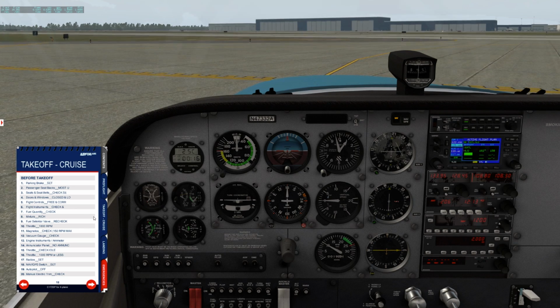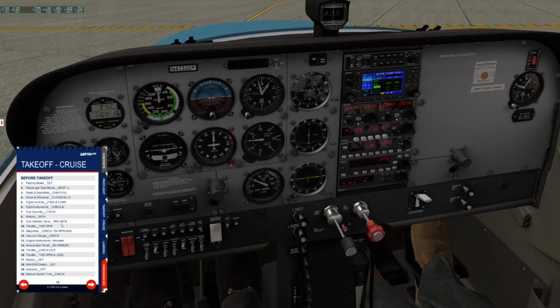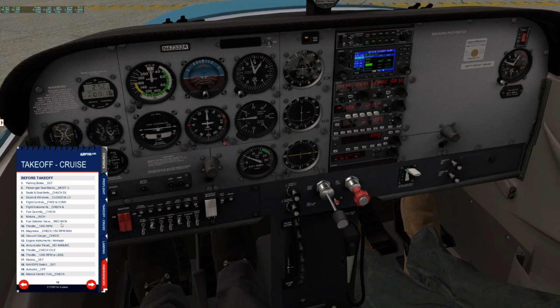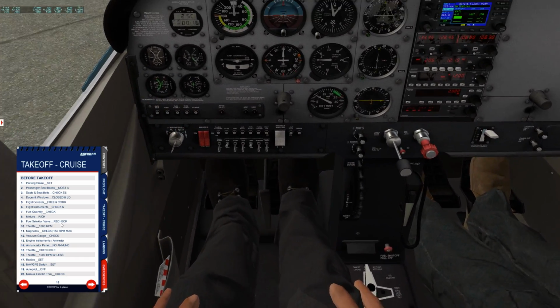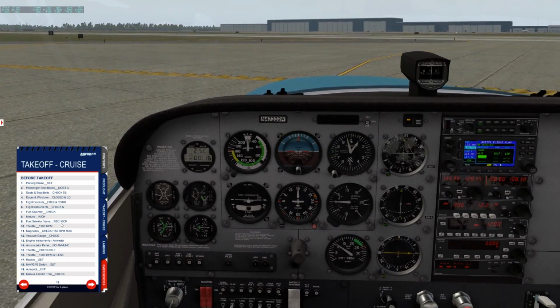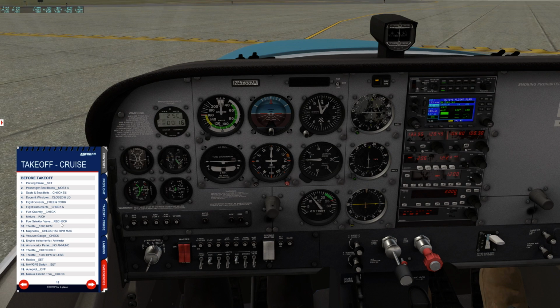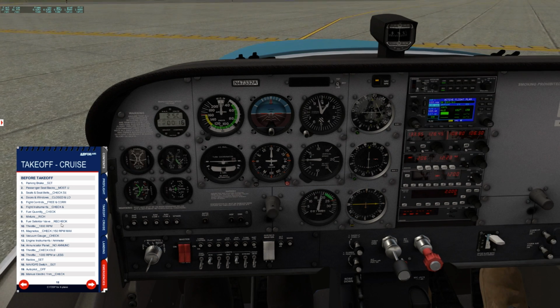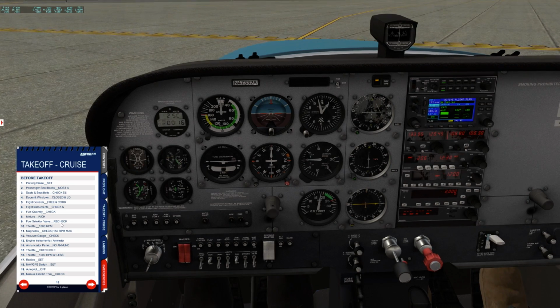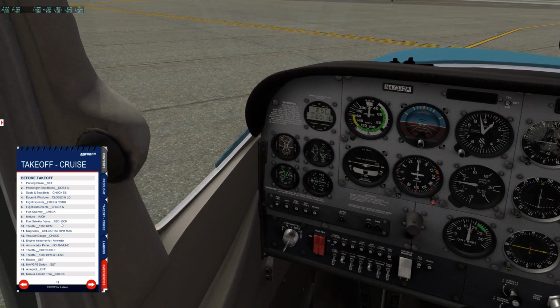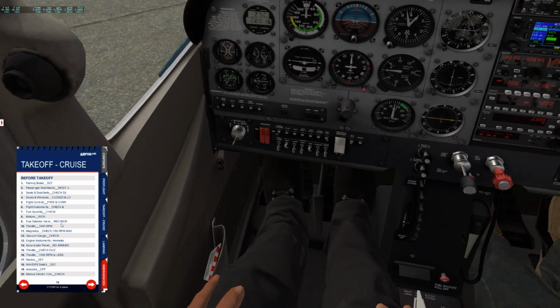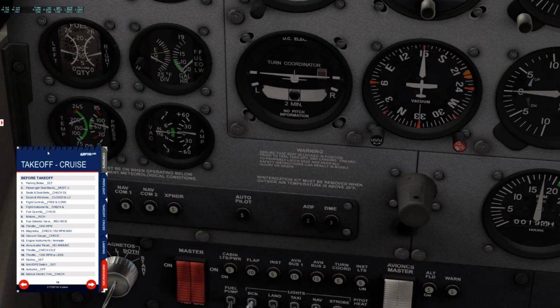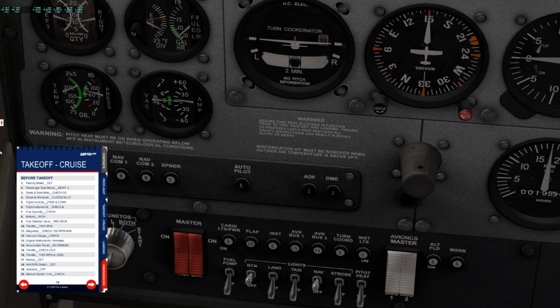Okay, and now what we're going to do is check the mixture full rich. Mixture full rich. Fuel selector valve both. And I need to get this throttle worked out because it's not smooth. This is the FCS system. It is an entry-level or mid-level unit, but still, it should have a lot smoother operation than that. So what we're doing here is we're looking for a drop of 150,